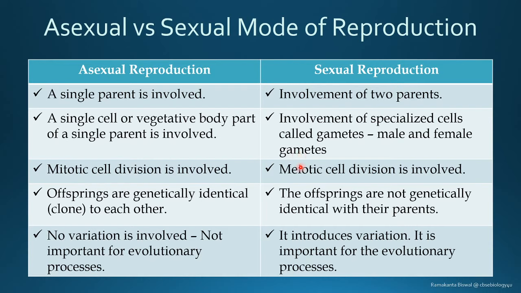Now the somatic cells are nothing but the body cells or the regular cells of the body. These regular cells undergo a special type of cell division that we typically refer to as the meiotic cell division, also known as reductional cell division. So in sexual reproduction the process of meiotic cell division is involved, whereas in asexual reproduction it is only mitotic or equational cell division, and there is no reductional or meiotic cell division. Now I hope you all remember the concept of meiosis and mitosis from class 11th.